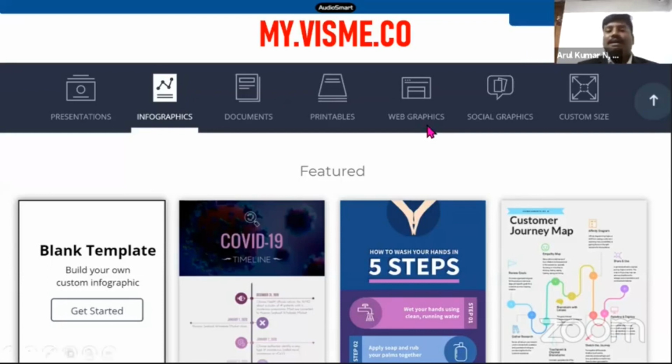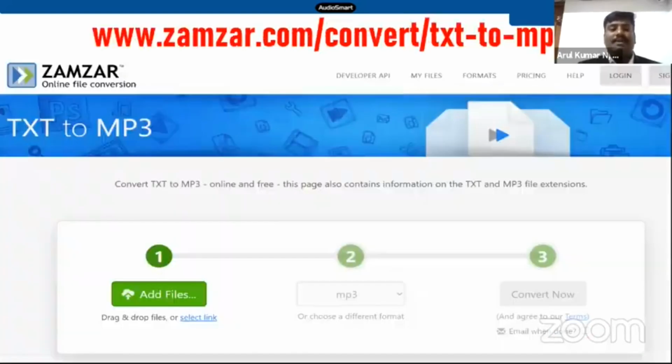I can create a graphic without any designing skill at free of cost. So the next website I suggest to you is this. Imagine my uncle is a visually challenged professor, working as a principal in Chennai. He is a visually challenged person who has to depend on another person every time he wants to read some textbook. So I suggest this particular website to my students and to you.